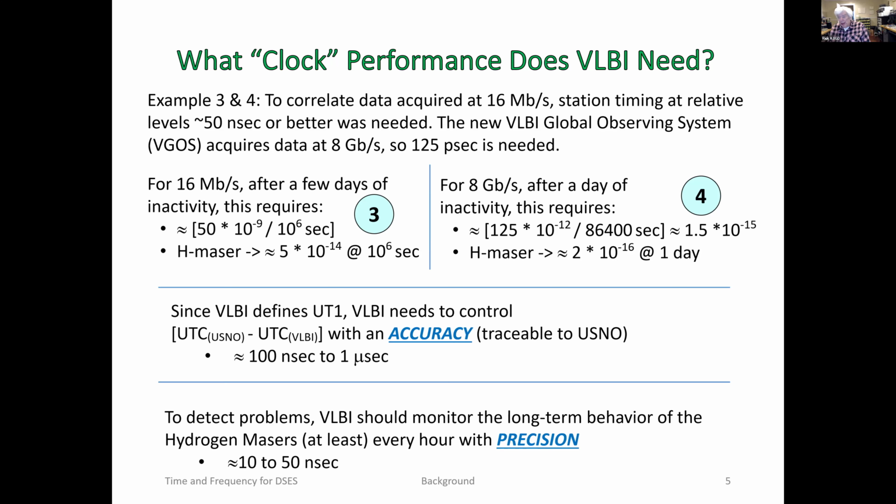Now, we're going to have requirements not quite this stringent, but some of the things we're doing with pulsar measurements and other things would benefit significantly by having good oscillators like these. So in this case, they're saying, for example, if you have a few days of inactivity and then you start picking up the recording again of pulsars in this case,